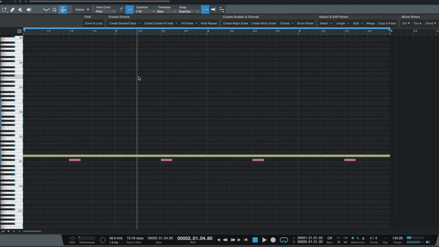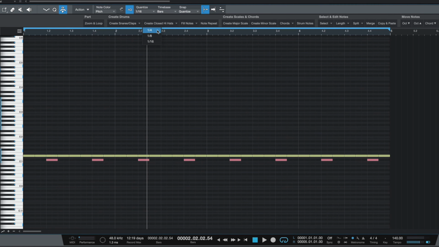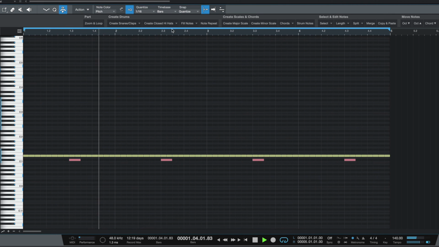But if I want to try the snare on the 2 and 4, all I have to do is go back under here, and then select that option. Let's say that I don't want 8th note hi-hats. Let's say that instead I want, I don't know, quarter notes. Maybe 16th notes. Maybe I want my snares to go back to the 3. The point is, you can switch these up as many times as you want until you get the right snare/clap